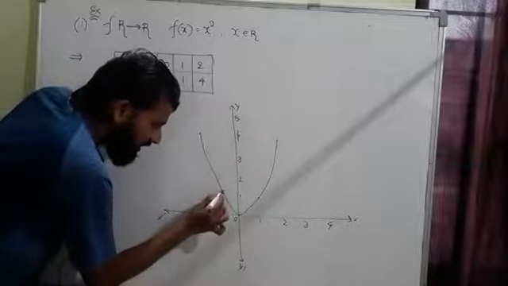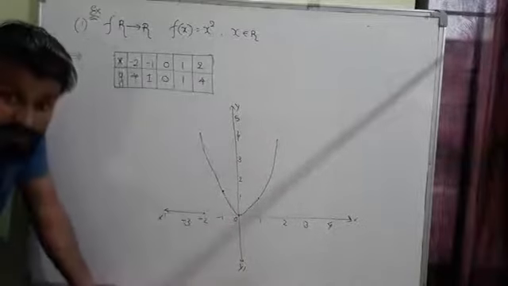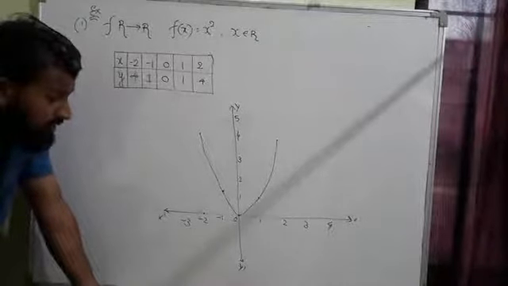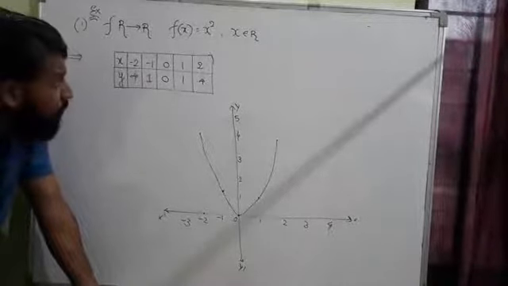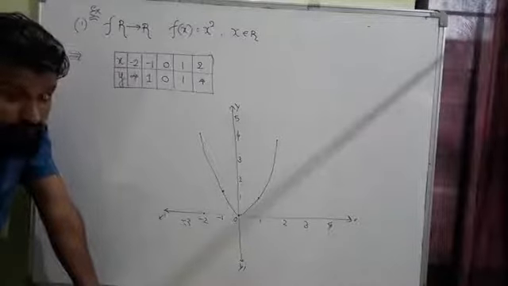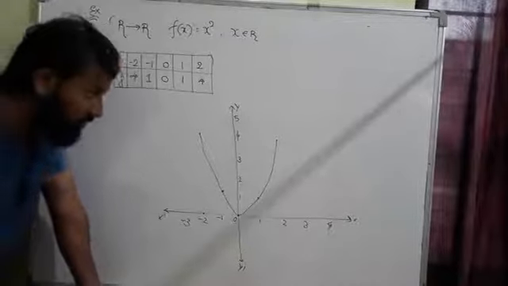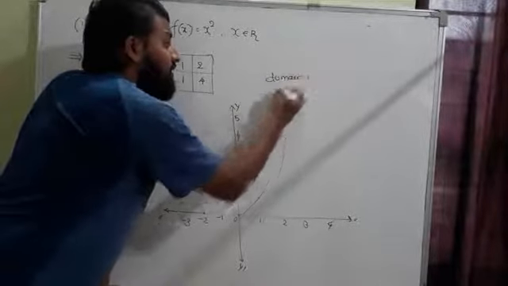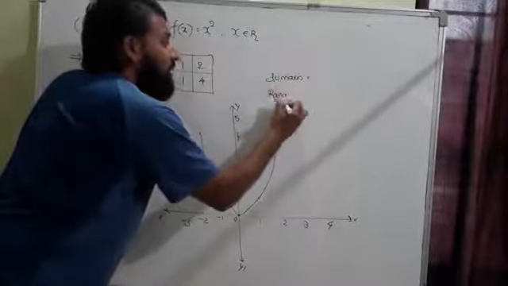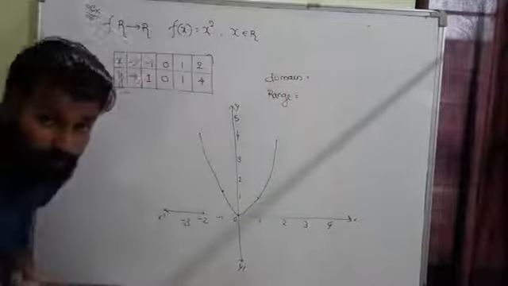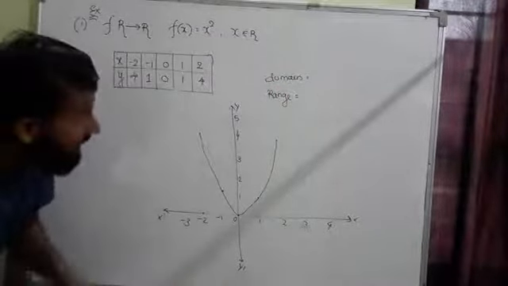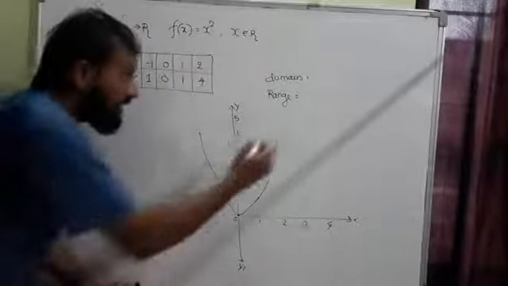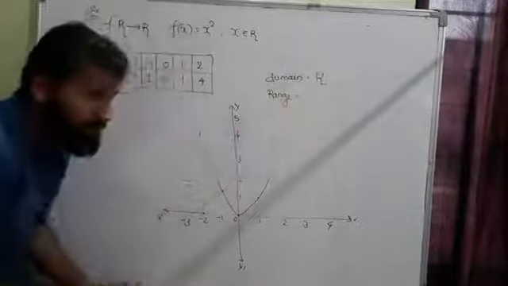It is not a straight line, my dear friends. It is a curve. You need to be very careful with that. Well, yeah, so this is the graph of y is equal to, or f of x is equal to x square. So now you have to tell me what is its domain and what is its range. Domain means what all the possible values of x I can take. As given in the statement itself, x can take any real number. So we will write domain as any real number.